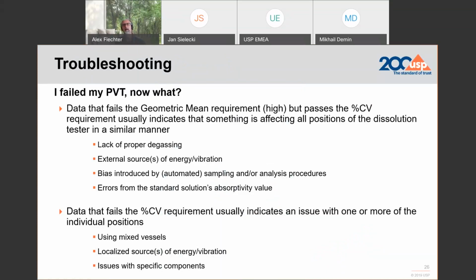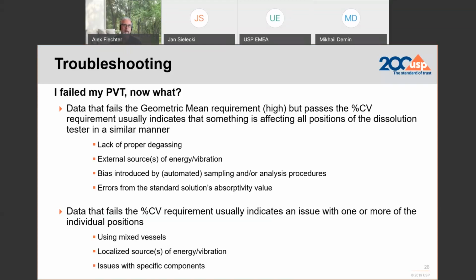External sources like vibration could be the cause. If you use the dissolution tester in an automated procedure by introducing the tablets automatically or taking the samples automatically, consider this to be a variability, because none of the labs that have done the tests for us in a collaboration to establish the specifications used an automatic procedure. The procedure is based on manual equipment. Everything is taken manually, hence the results are only to be compared against the same procedure.